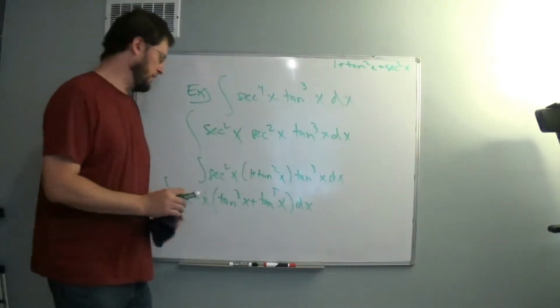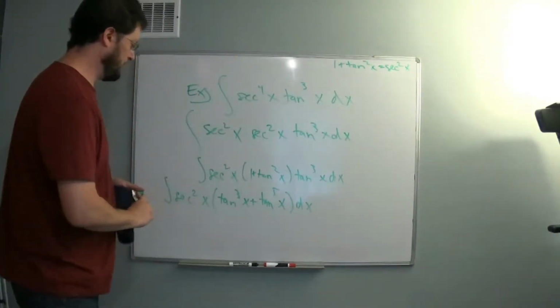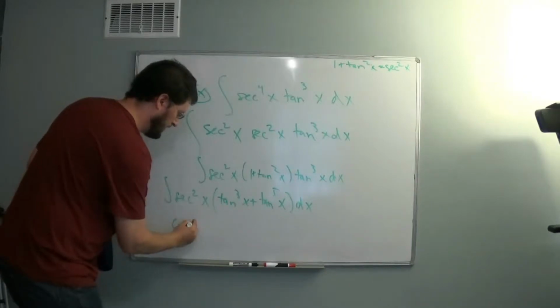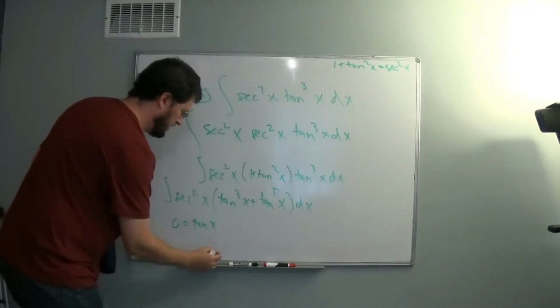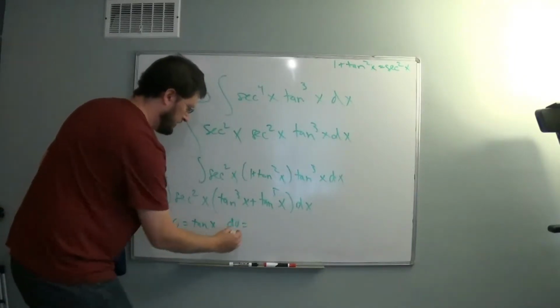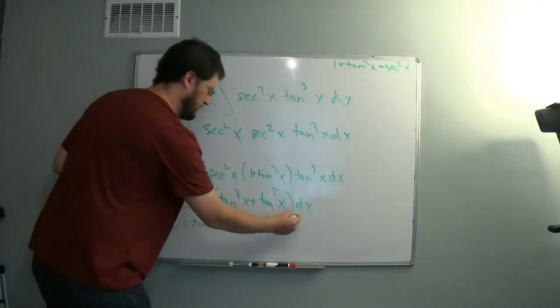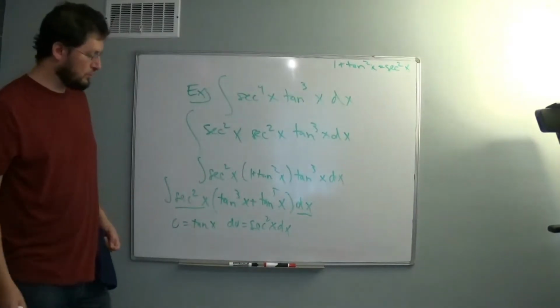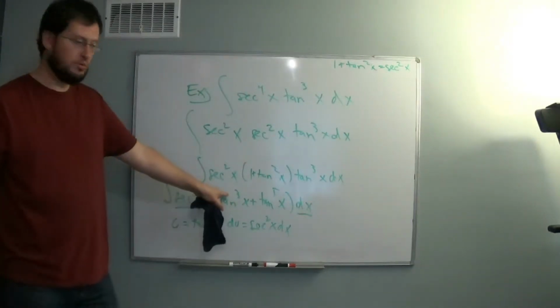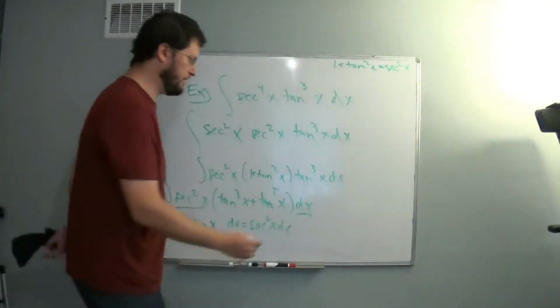So let's work that out. If u is equal to tan x, then du is secant squared x dx, and this is du. So the integral becomes u cubed plus u to the 5th du,